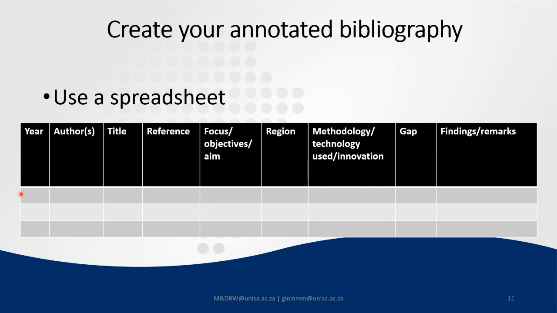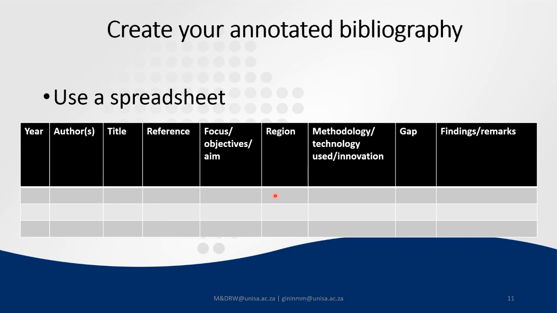Some of you will go through even your supervisor's information or publications. So all that information, everything that you go through, needs to be put in a table such as this. This one is my own creation, ladies and gentlemen. Do not hammer me on this one, that it's UNISA, like I've mentioned already. The information that you go through, you write the year, the author, the title, the reference, the focus or objectives of that article, because mainly we focus on articles and publications or even books